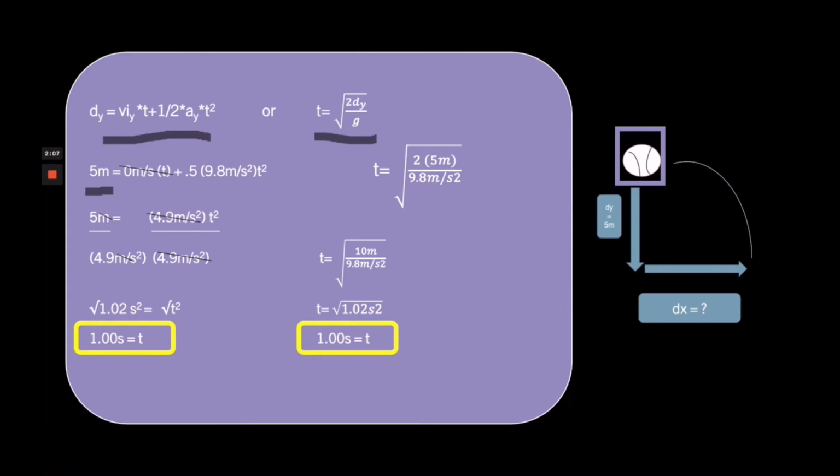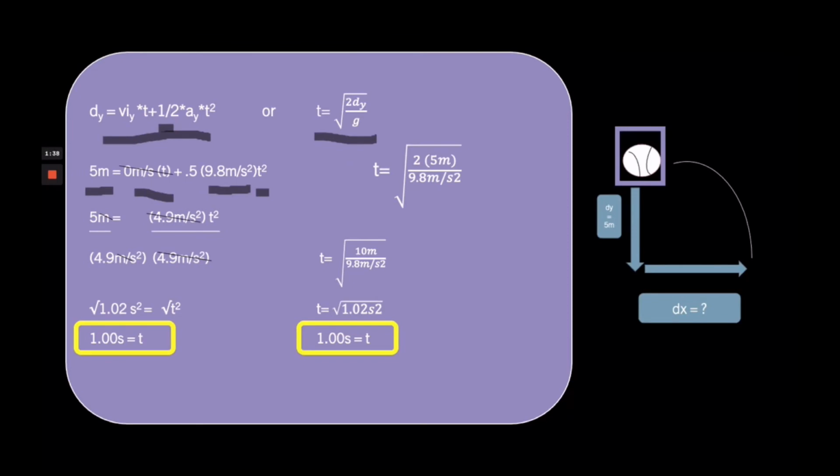And then we have 0 meter per second, our initial velocity for vertical motion, times time, plus 0.5. I use 0.5 here because this is easier compared to 1/2, but it really depends on which you're comfortable with. Then I multiply it with the acceleration due to gravity, which is 9.8 meter per second squared, and times time